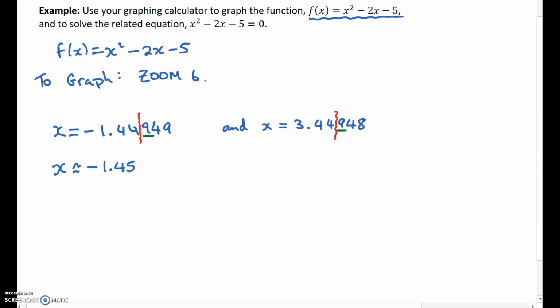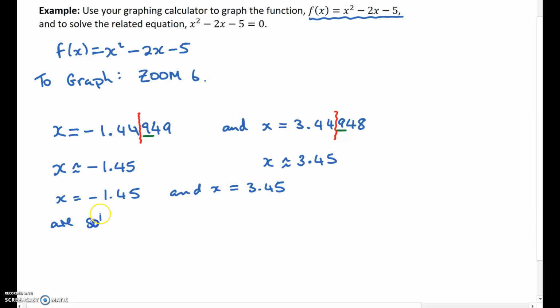So it's going to be x is approximately equal to negative 1.45. And here, in this case, it's the same thing. The number after the line is 9, which means it bumps this one up. x is approximately equal to 3.45. In fact, it's equal to those correct to 2 decimal places. Okay? So x equals negative 1.45 and x equals 3.45